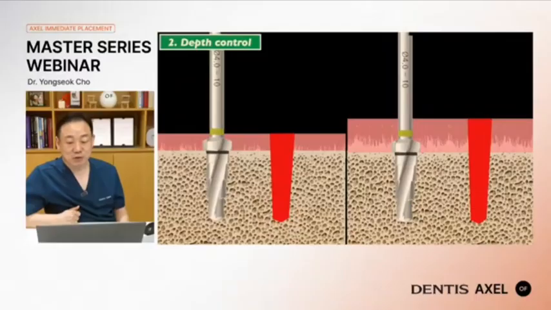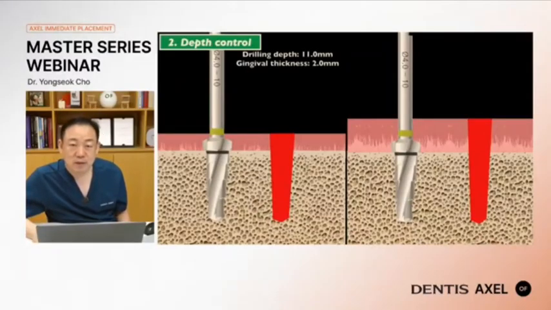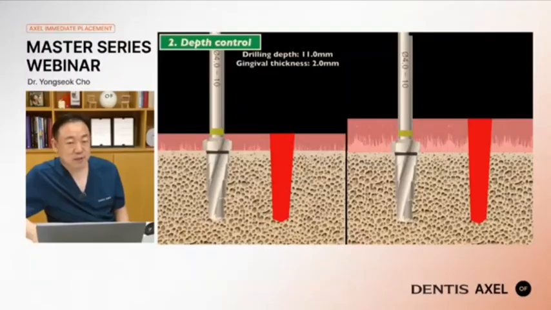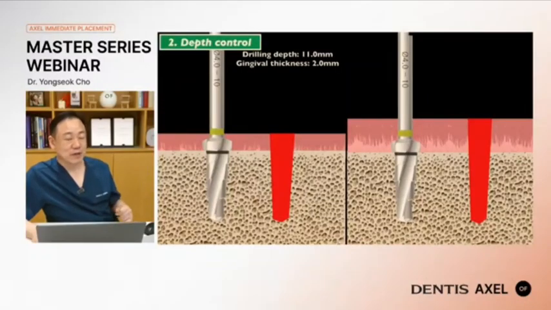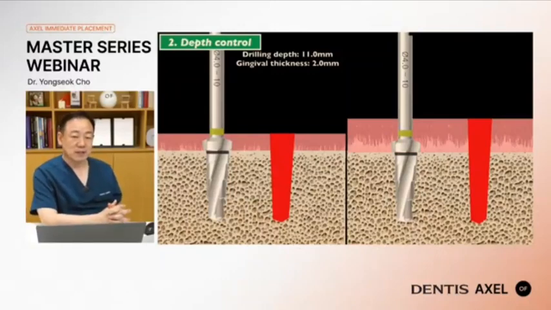It is usually 11.5. Okay. The drill will create a 1 millimeter deeper hole from the bone margin to the apical portion. Okay, so when we use the 10 millimeter set drill, the actual bone hole is 10 millimeter,